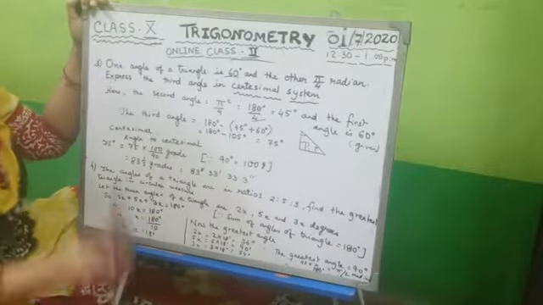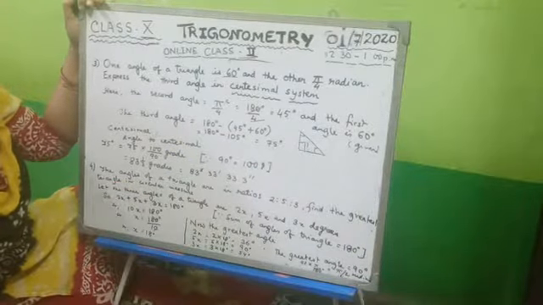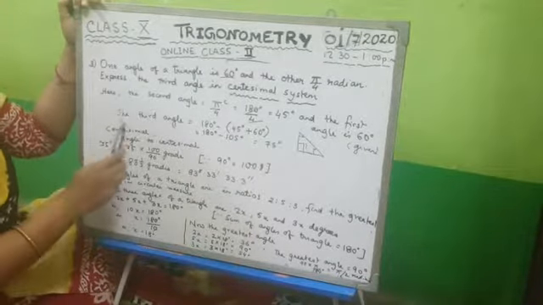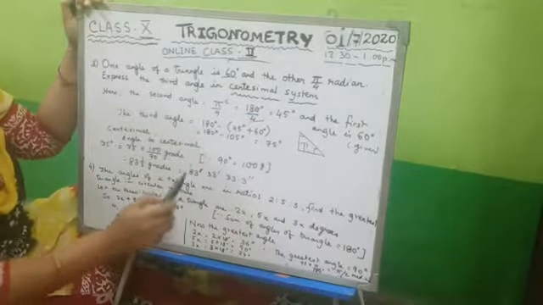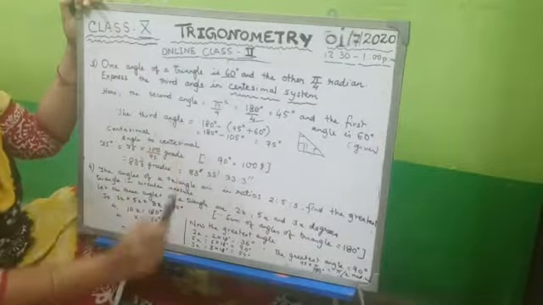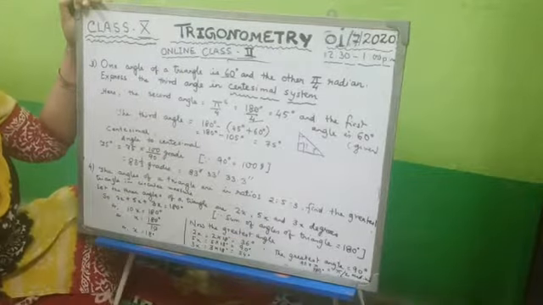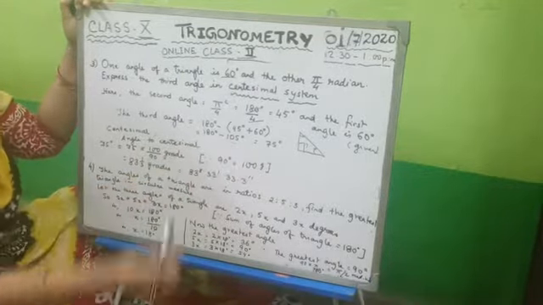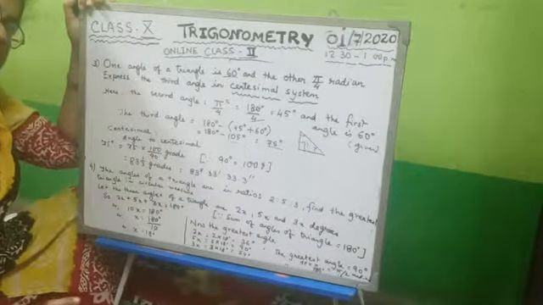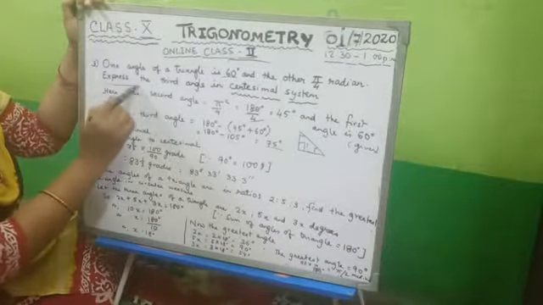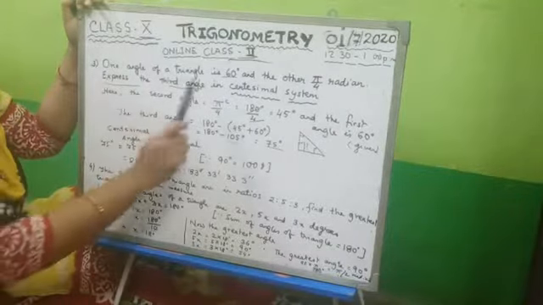The third angle is very easy because if 3 angles are added, what will you get? 180 degrees. So the third angle is 180 degrees minus the first and second angles, that is 45 degrees and 60 degrees. 45 degrees and 60 degrees added will give you 105 degrees. So 180 degrees minus 105 degrees will give you 75 degrees. Here the sum is correct. But we have already found the third angle, and you are being told to change it to